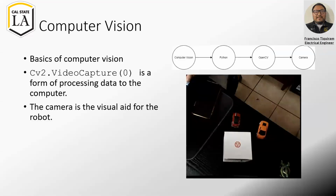Now let's explain the most basics for computer vision. Here we have a diagram that represents the way we will apply it to the project. The programming language imports OpenCV to communicate to our camera. We do that by using an object called cv2.VideoCapture, which captures video from a webcam, and from there we can add desired operations, as we will demonstrate